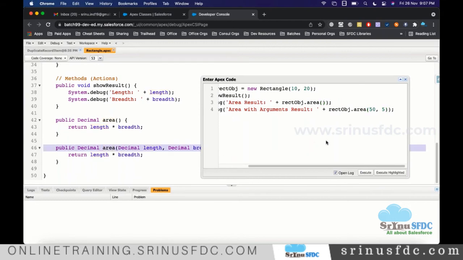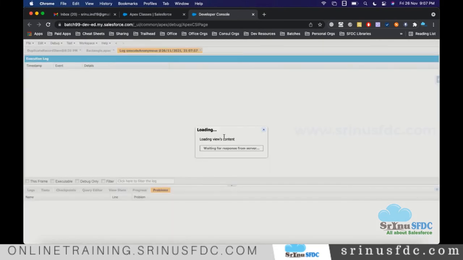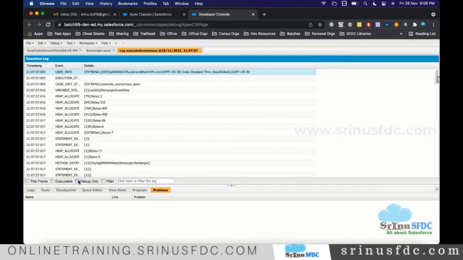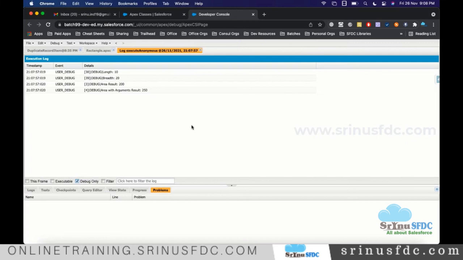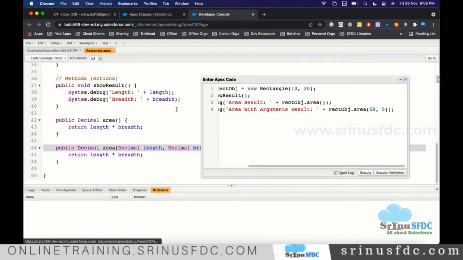Based on that the behavior is different. So this is method overloading. Let's execute and see. Click on debug only. You are seeing 250. So it is working. That is the way we deal with it.